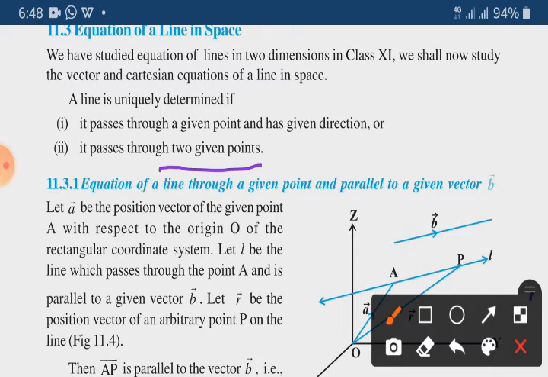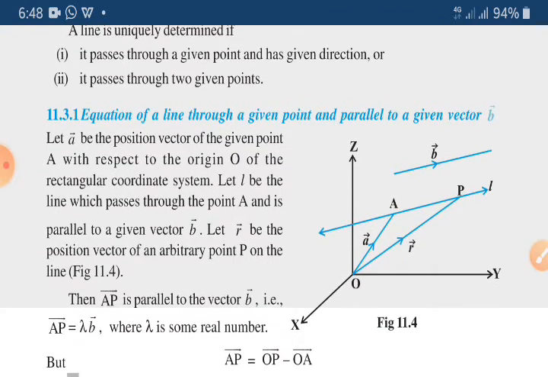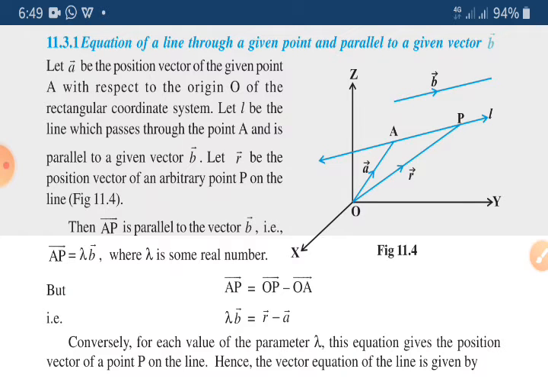Let a vector be the position vector of the given point A with respect to the origin O of the rectangular coordinates. Let L be the line which passes through the point A and is parallel to a given vector b. Let r vector be the position vector of an arbitrary point P on the line L. Then